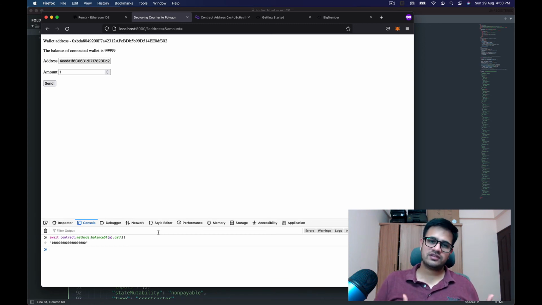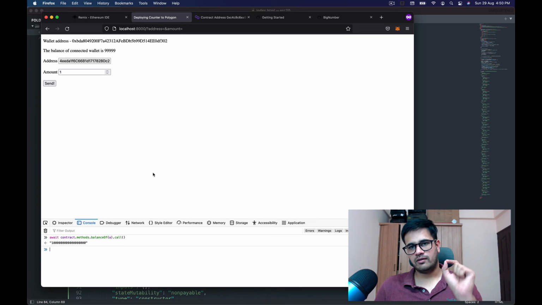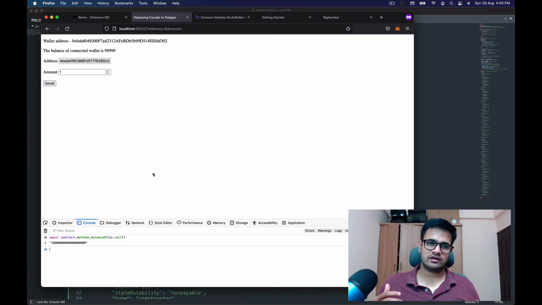Now there are a couple of things that you can do. Let's say you're creating a content website, all right? So what you can do is you can restrict access to a certain part of a website or certain content, and just be like, only the people who have my token, and if they have it more than, let's say, X amount or Y amount, only then they will have access to this content or something like that.